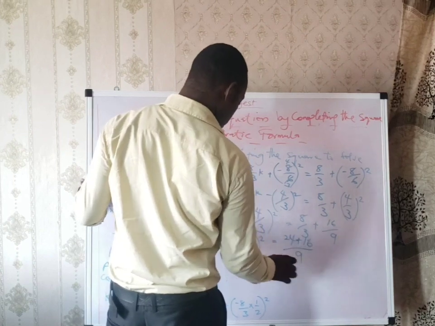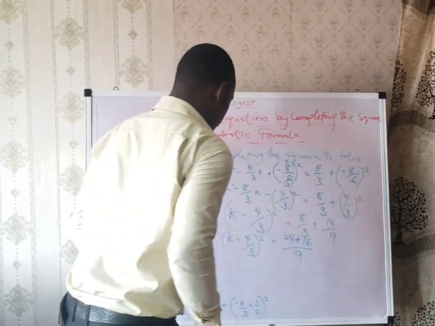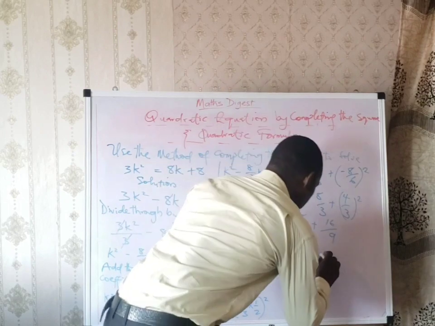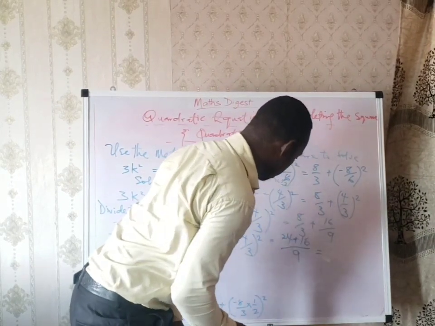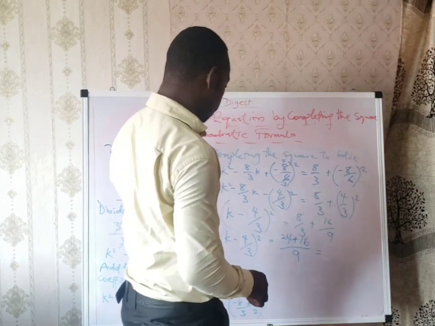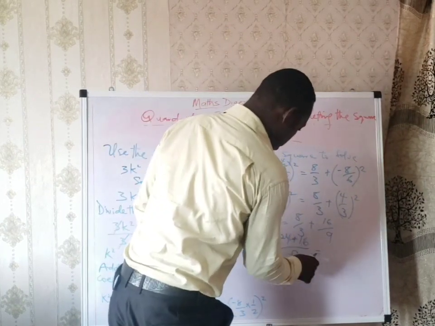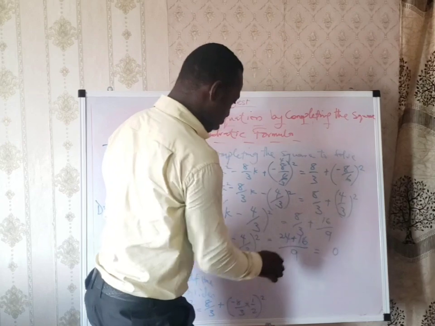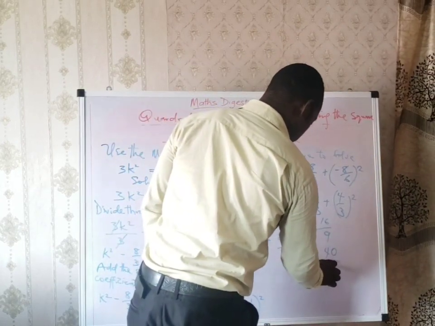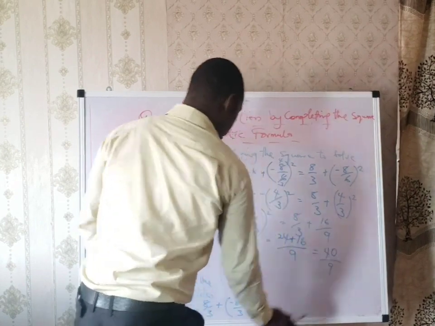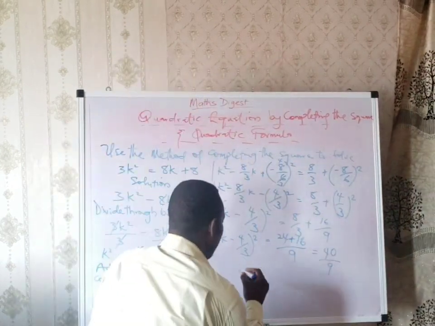Okay. So with this we have this to be equal to 24 plus 16 is 40. Okay. This plus this is 40, remember 1. This plus this is 3 plus 1, 4. 40 over 9. Okay. Now from here we have that we say